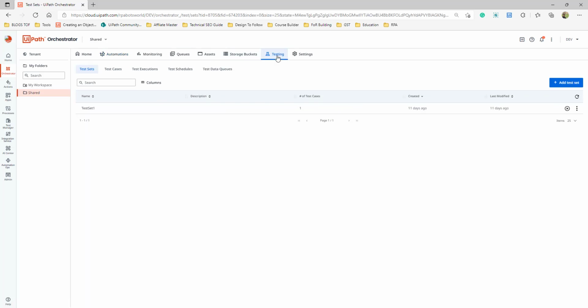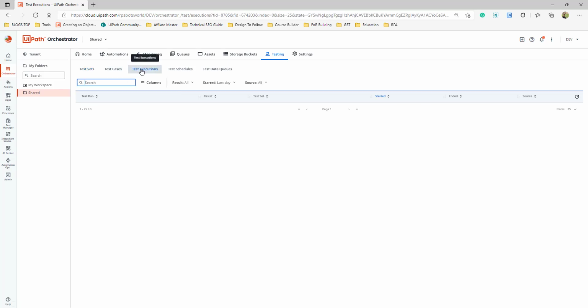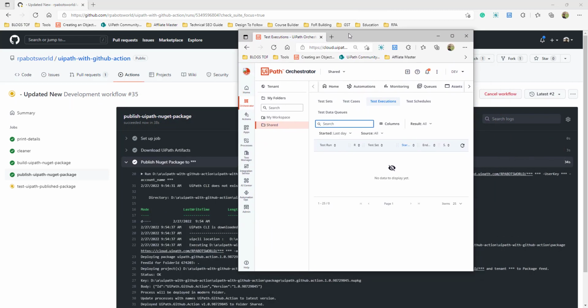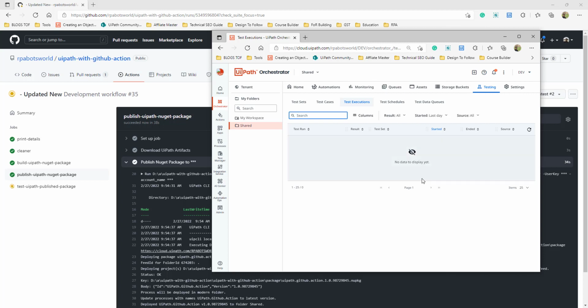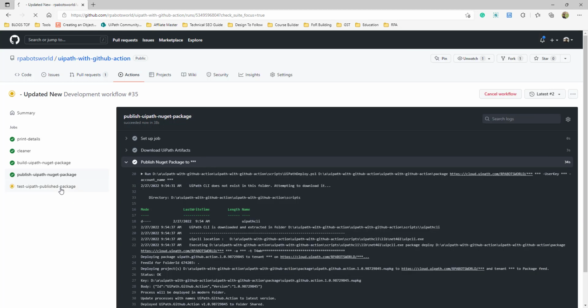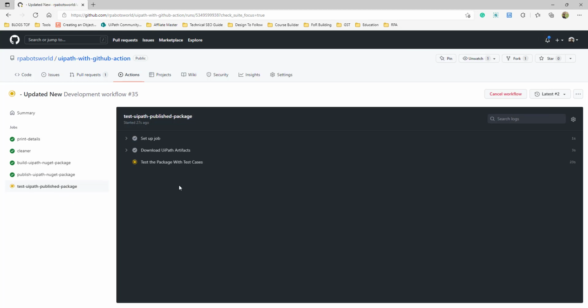After that, we have a testing workflow. There are test cases, and you will see the test execution will be triggered pretty soon. It's running there. It's here, you can see.